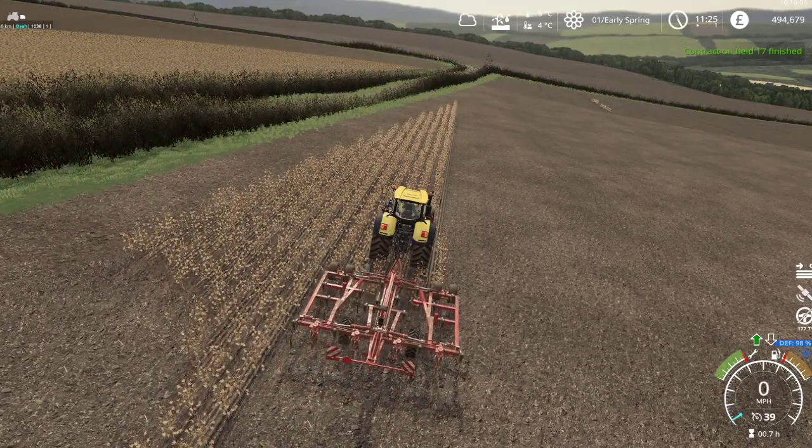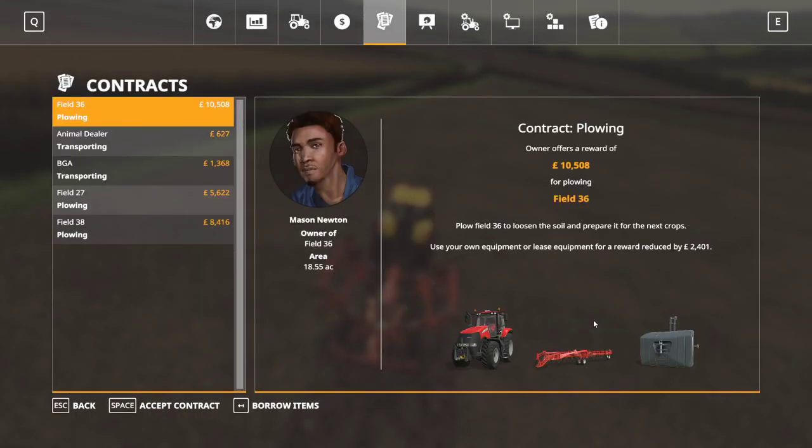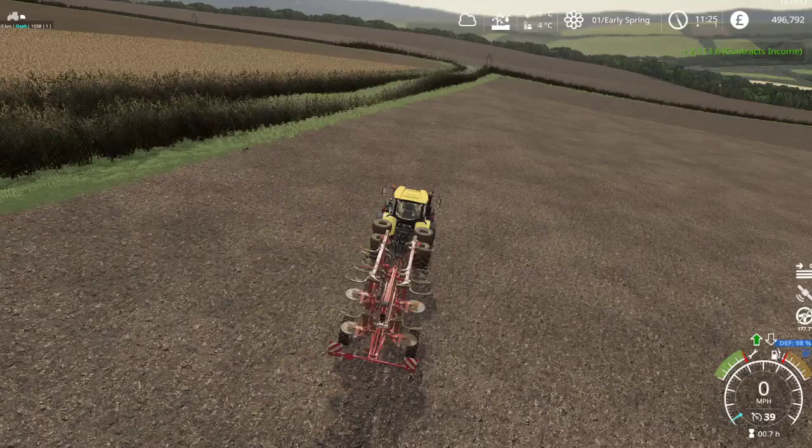There we go, we're done. So collect, we get paid. Yay, we made money. Woohoo! So ploughing, transporting and transporting. So let's go check out